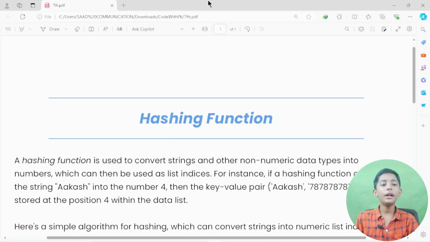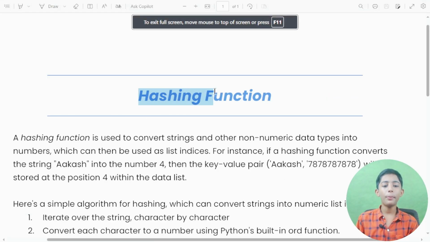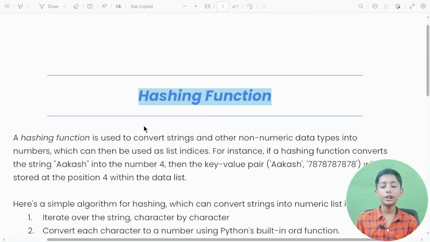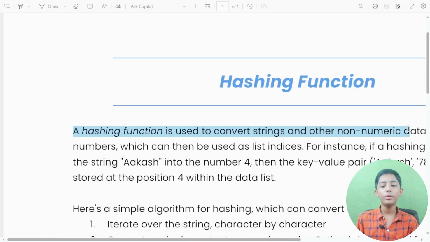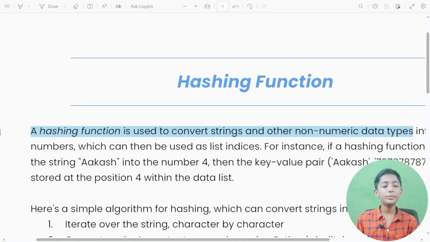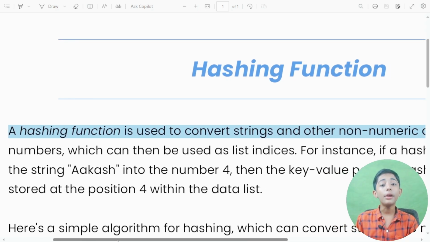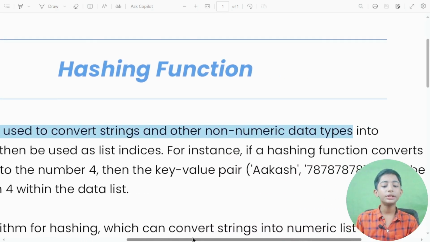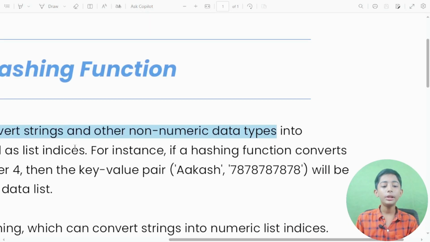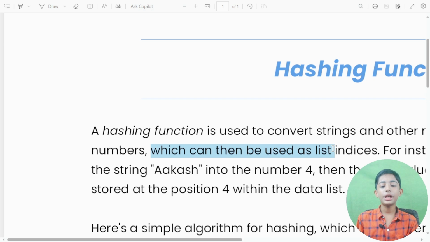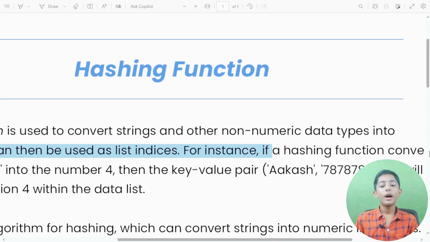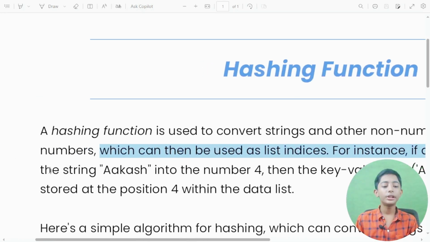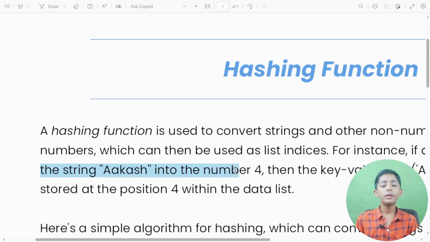Now we are learning about hashing functions in Python DSA. A hashing function is used to convert strings and other non-numeric data types into numbers, which can be used as list indices. For instance, if a hashing function converts the string Akash into the number 4, then the key-value pair